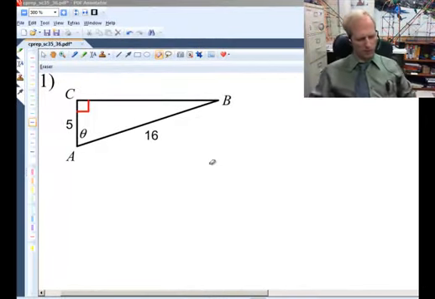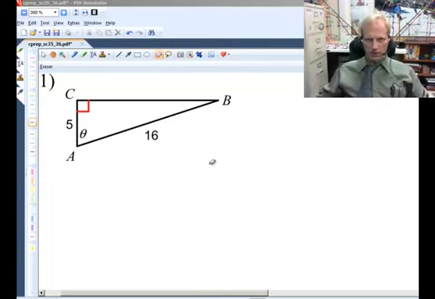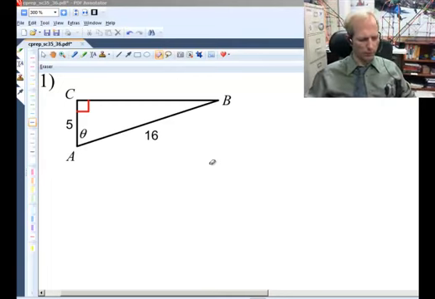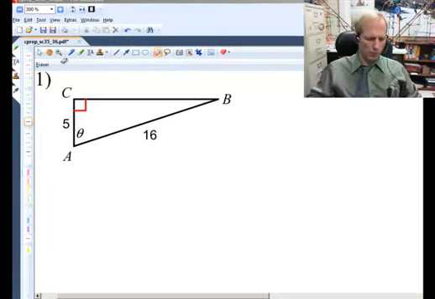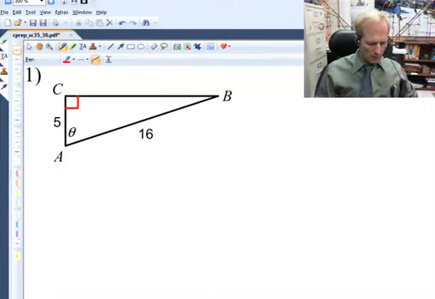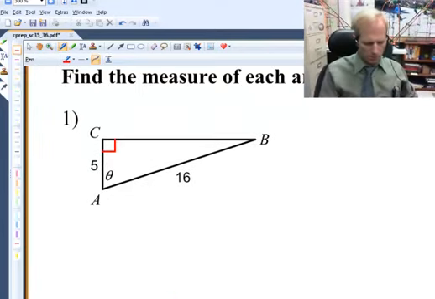Tonight I'm going to solve some of the problems you may expect to see on tomorrow's quiz on solving for the unknown angles and unknown sides of right triangles. So let's go. Alright, in the first problem here I'm asked to find the measure of angle theta, and the